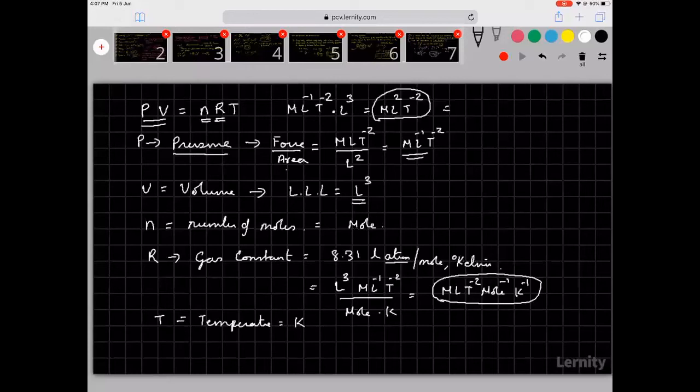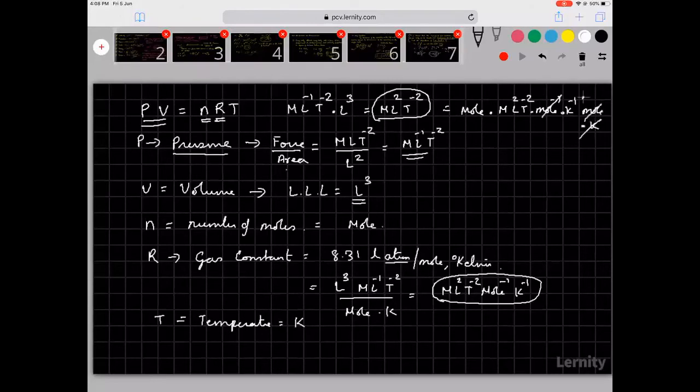The dimension of the quantity on the right side is mole into M L squared T power minus 2 into mole minus 1 into K power minus 1, that is R, into mole into K. So this mole inverse gets cancelled, K inverse gets cancelled,